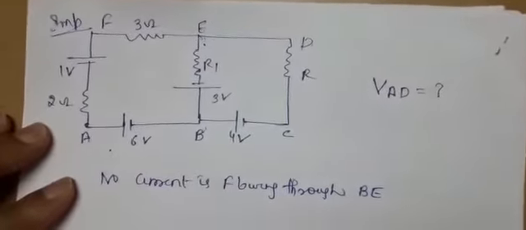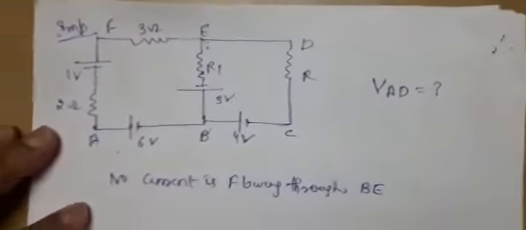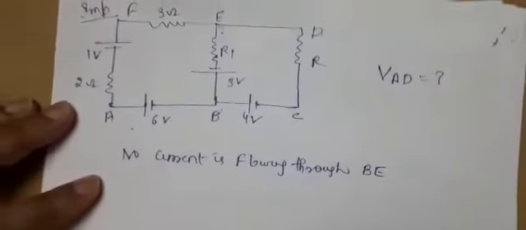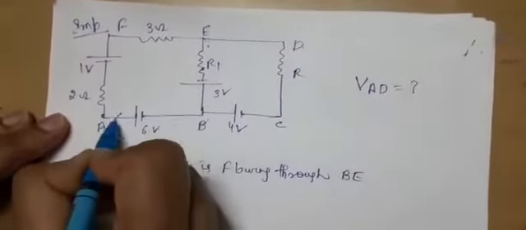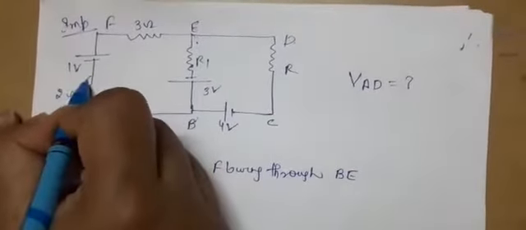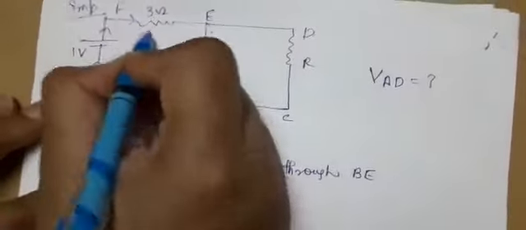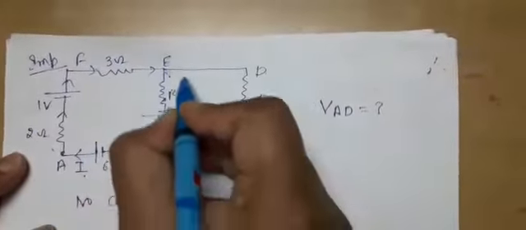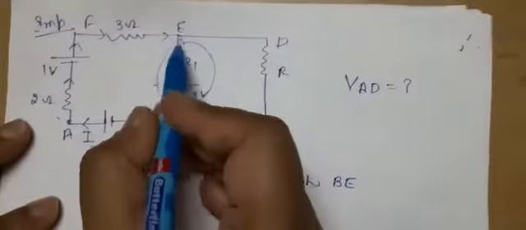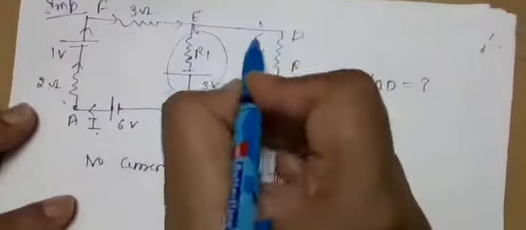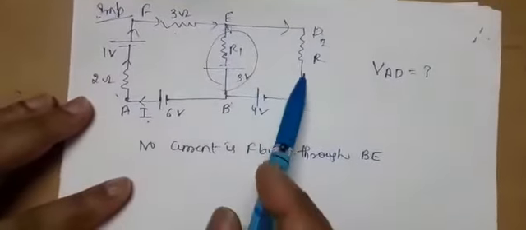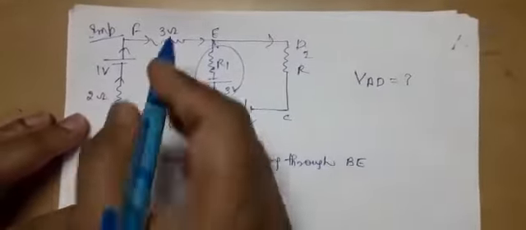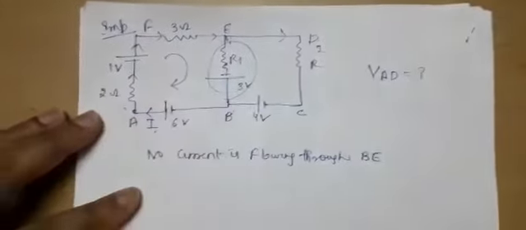So for that, first of all we require the current flowing in the circuit. As again a number of cells are connected, this is the main cell, and the current is I. Here the current I is flowing through this 3 ohm resistance and 2 ohm resistance. At this point, because no current is flowing across here, no current will pass through it, it will go as such and hence it will complete the loop. As this is also an unknown resistance, we will prefer to take this loop.